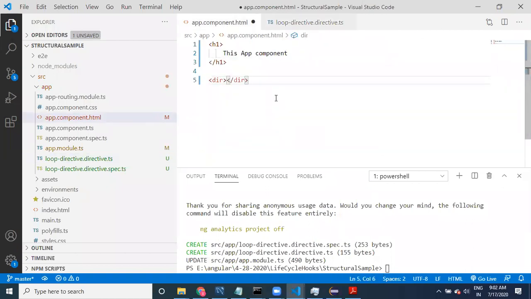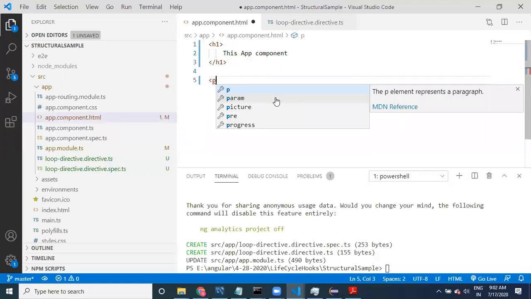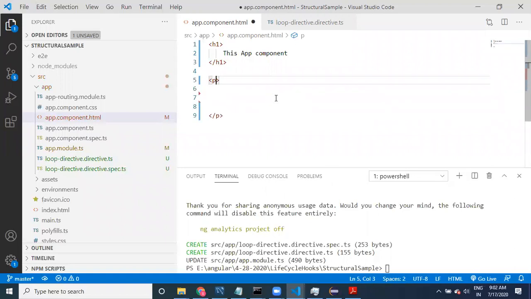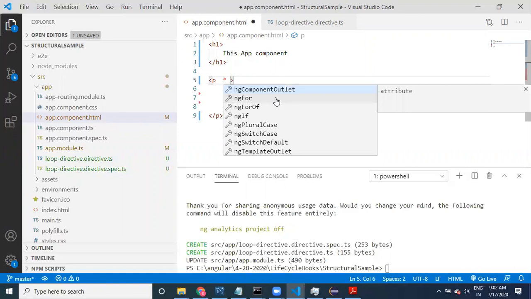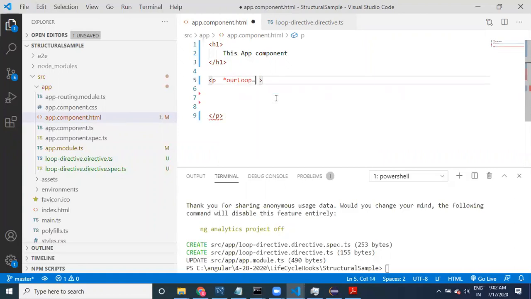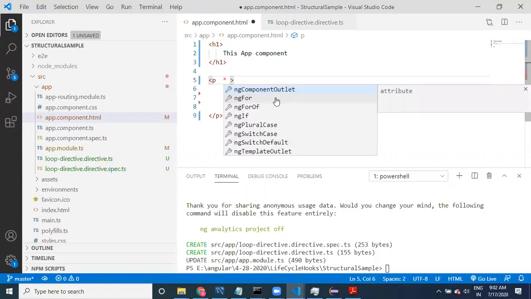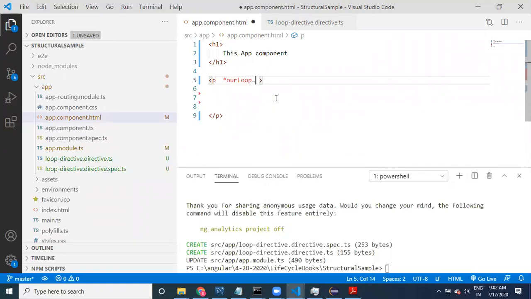You see here, guys, we can say div, or you can use paragraph, whatever tag you want. Now I'm going to take paragraph, and I want to use structural, so star our loop. See here, star our loop. This is our loop.